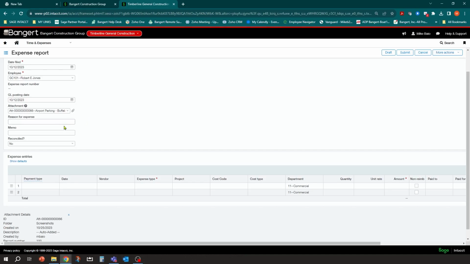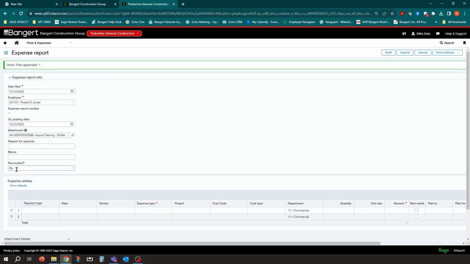There's a lot of fields here. One of the fields we did set up for this, and you will need to set this up in your instance, either with your business partner or go ahead and do it yourself, is a custom field. And I set up a custom field here called reconciled. And it's a drop-down list that basically says no or yes. You know, it can be whatever you want, a checkbox, whatever you want it to be. We'll use this later to report on it and to reconcile that function. But this is not an out-of-the-box field.